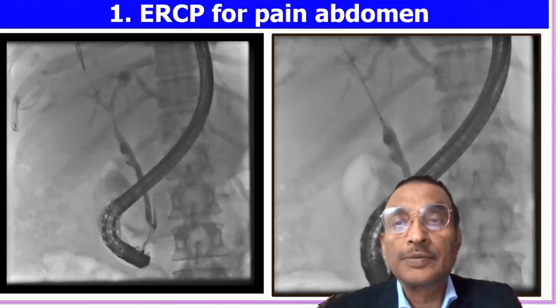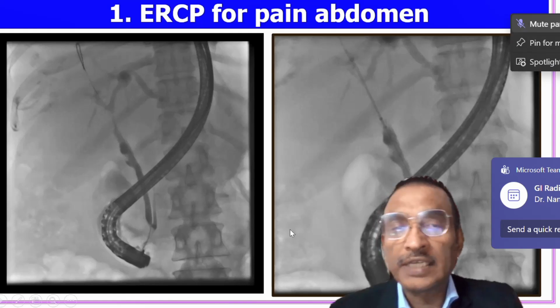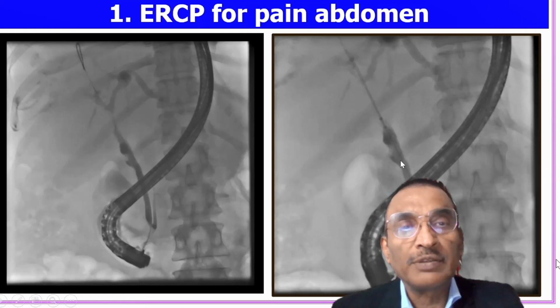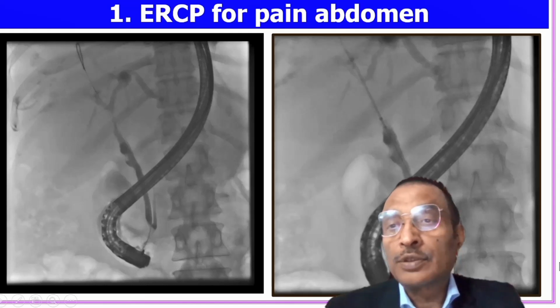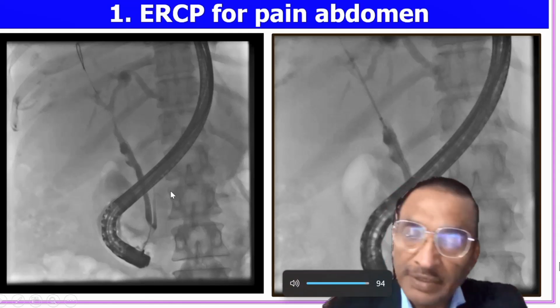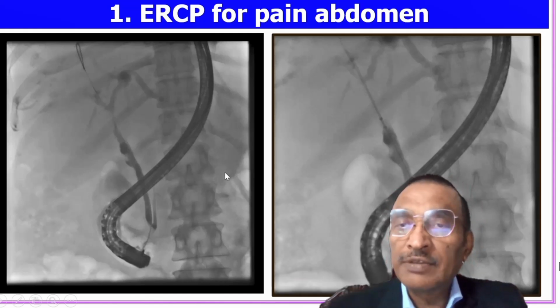So this patient, you see an ERCP image. Obviously, you are seeing the ERCP scope. Then you are seeing a cholangiogram, and you are seeing a pancreatogram. Whenever you see ERCP, it is very important, whenever you interpret any radiology, first you have to name the investigation